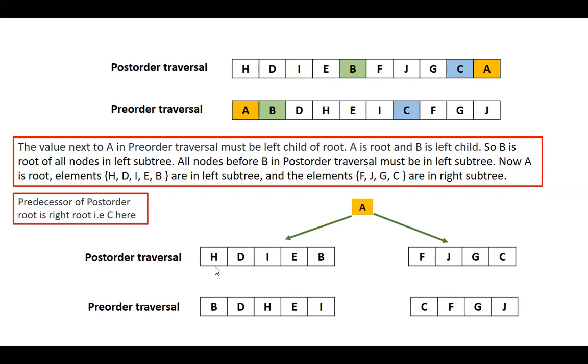The same thing will be applied again. Again, you check what should be the left child and what should be the right child of A. Now, for the left child of A, again you find the root, that is B. Here and here. Again, the right child of A will be C. This is the first element here and the last element here in the case of post-order. So let us see.